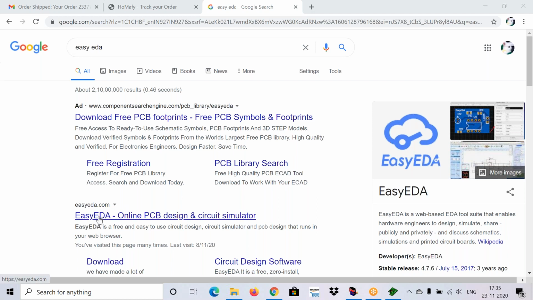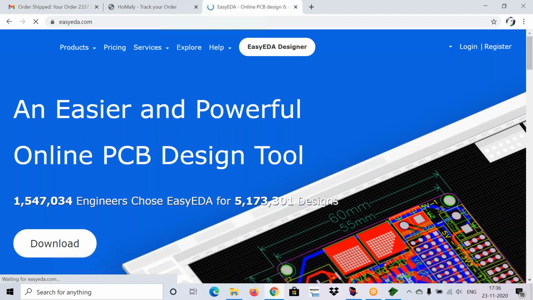After that, you need to open Easy EDA online PCB design and circuit simulator. Don't go for download or any other option. I'm just clicking on it. It will take you to the home page of Easy EDA.